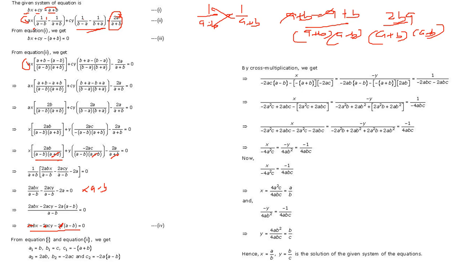So finally, when you resolve it like this, which I just told you, A1 will be B, B1 will be C, and C1 will be minus A plus B. Similarly for this one, you have to take this as A2, this as B2, and this as C2. Now you can just go for cross multiplication. Wherever it is possible, you can resolve it and cancel it, and finally your x will be this number, y will be this expression. So you can just check, try it out. The solution is in front of you.